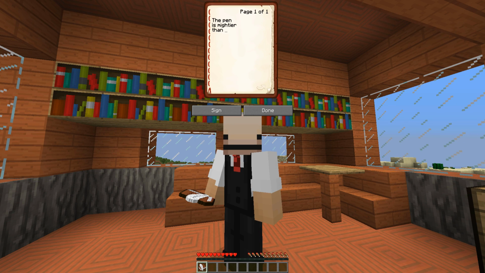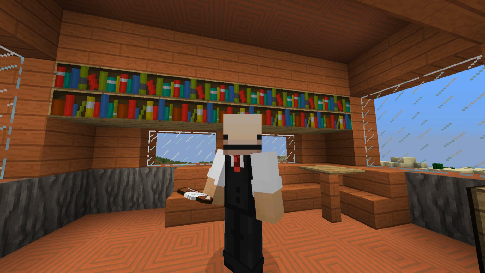The pen is mightier than the sword. We understand this as a phrase that actually means that the written word and the sharing of ideas are much more powerful than fighting or even physical force. Like a pen in the real world, a Minecraft written book is a great way to share ideas and pass